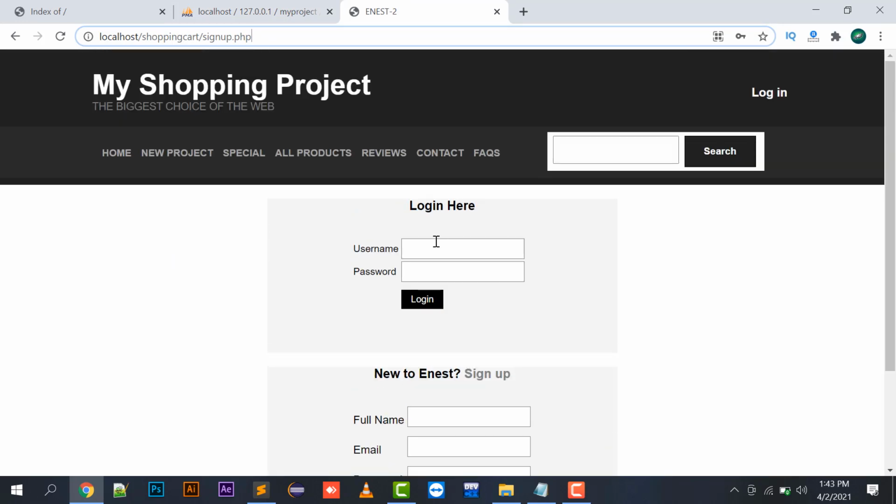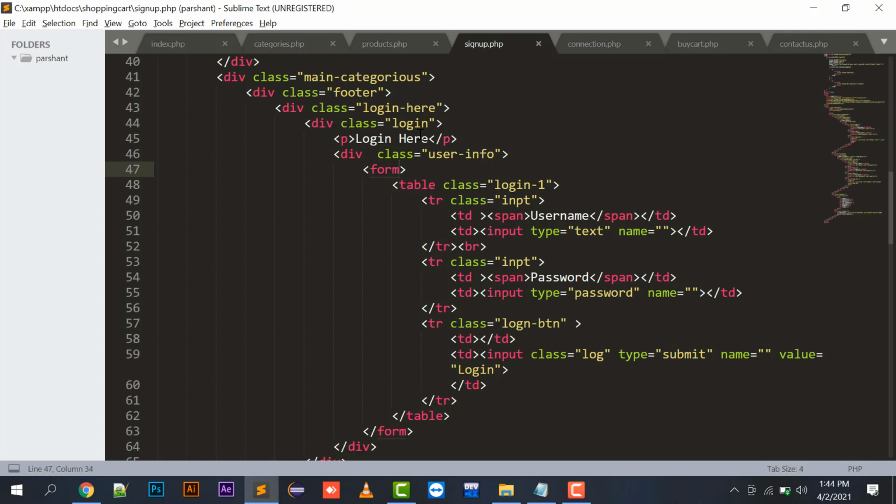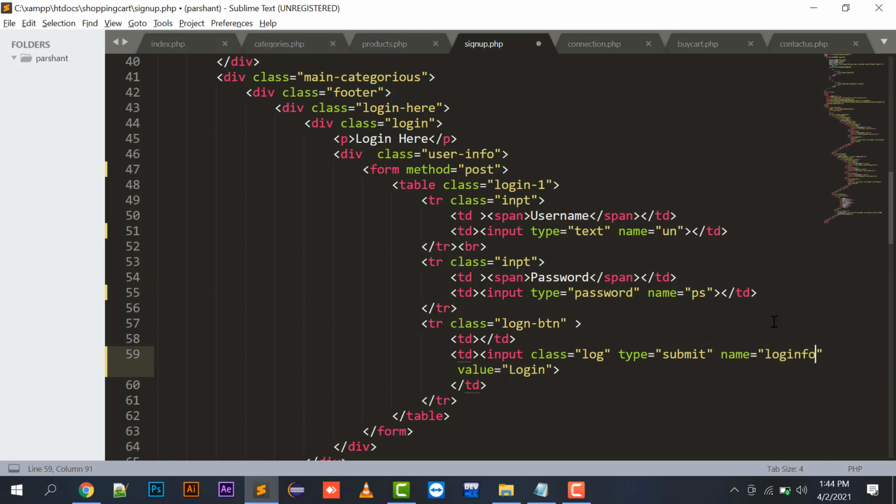So next part is checking the login part. In this way we are having a form, again method post, input type text. Let's give its names as un, ps, and name as login form.